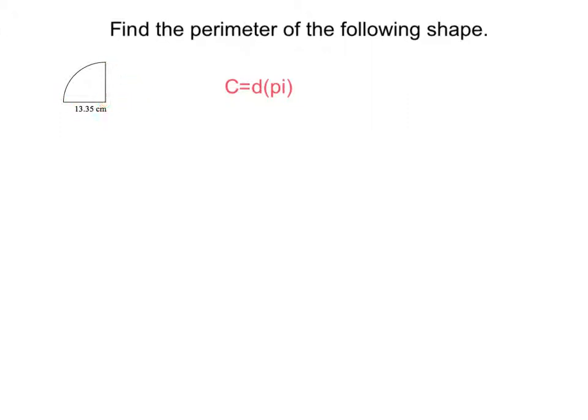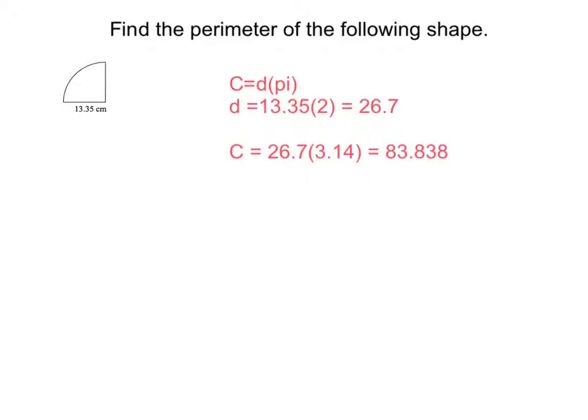So the 13.35 is just a radius, and a radius is equal to half of a diameter. So we're going to take the 13.35 multiplied by 2 to find the diameter. And when we do the multiplication, 13.35 times 2, we get a diameter of 26.7 centimeters. Now using this diameter of 26.7 multiplied by pi, we get a circumference of